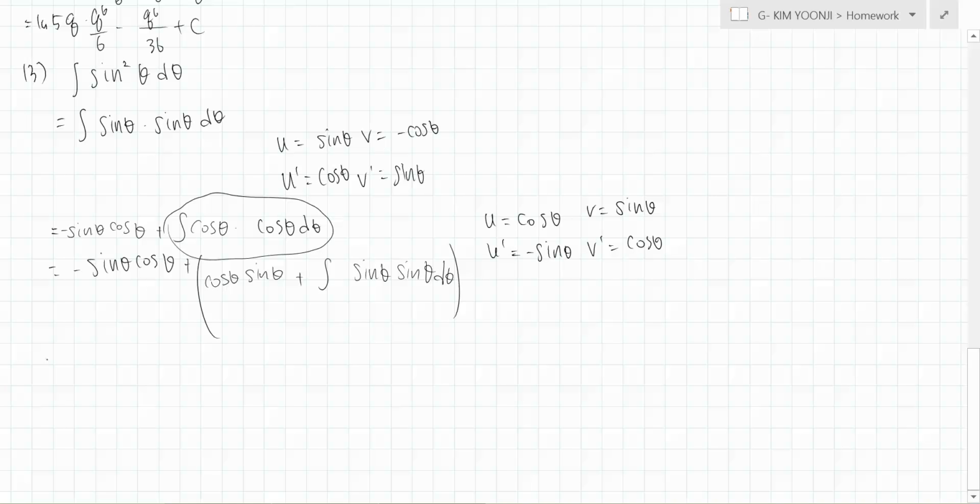For this one, we can notice that this thing, which we are trying to find ultimately, and this thing are the same. So wait, did I do this right? Hmm. Okay,